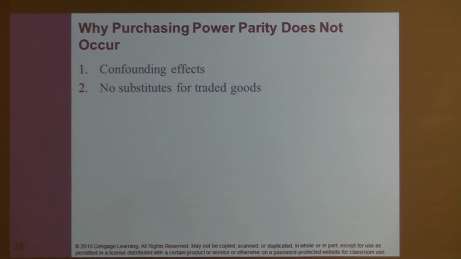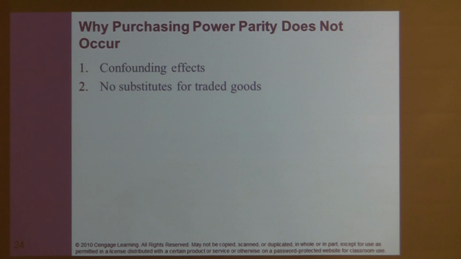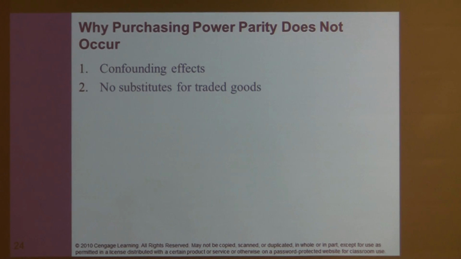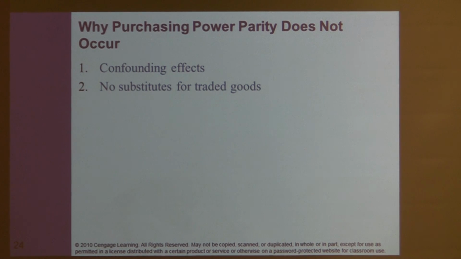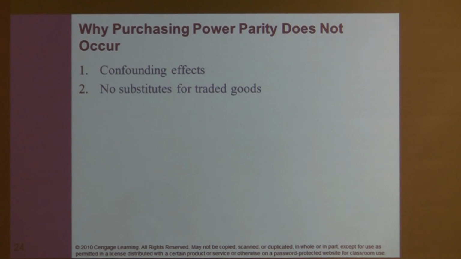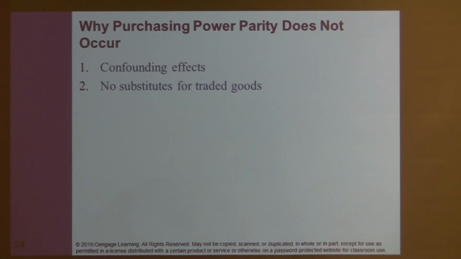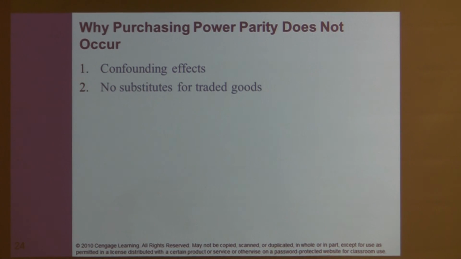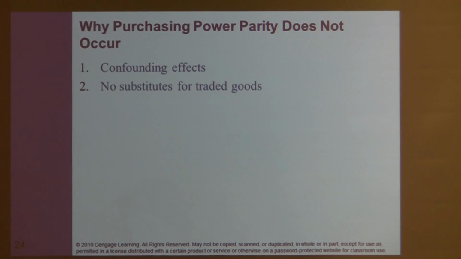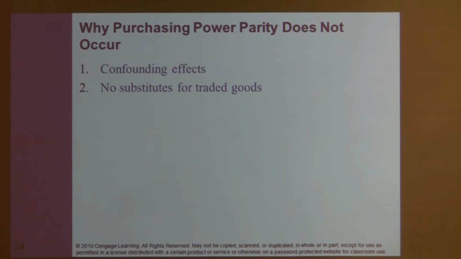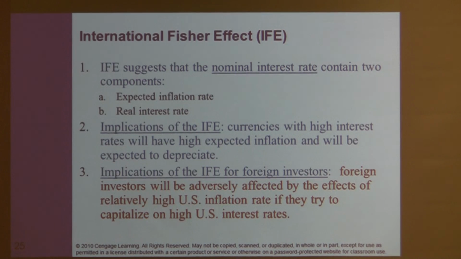So what are some of the reasons? Is confounding effect. So as some of you pointed out, there could be a lot of things going on. So in the case of Russia, the currency is falling, high inflation is there, but another big reason is the big decline in the oil prices. So that can complicate things. So usually there could be more than one factor that affects the exchange rate. So that's what we see here. And the second one, I think we already talked about that, that is no substitutes for. So now